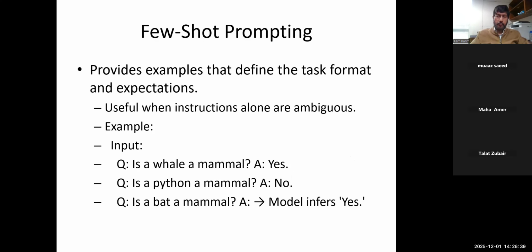So we have already talked about zero shot and few shot. In few shot, in the prompt you give multiple examples. And again, if you structure it, it will be better.